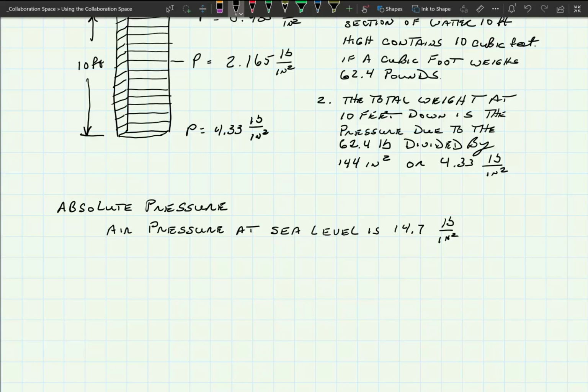Now, gauge pressure. I can't even read my own writing. That's bad. All right. We have absolute pressure. Then we have gauge pressure. So it's pressure in excess